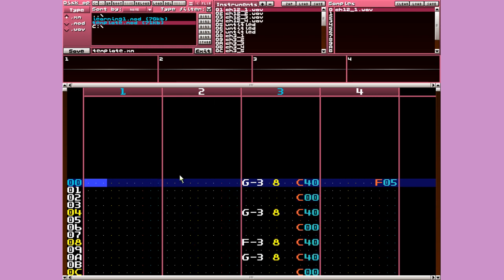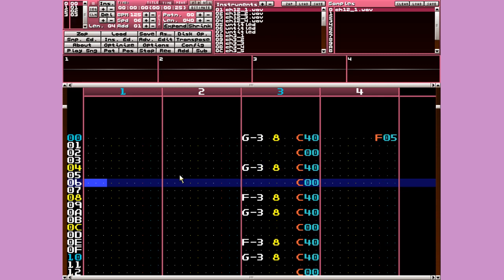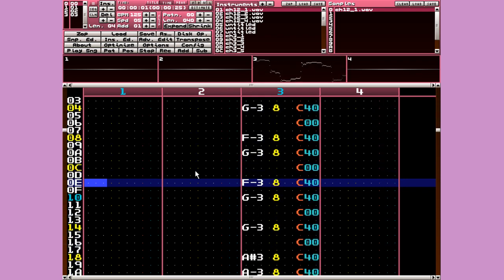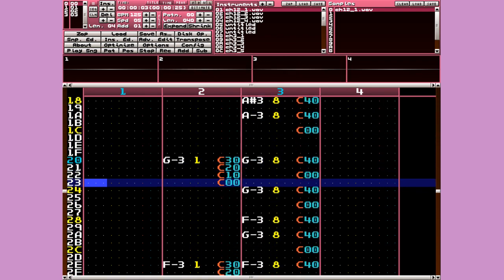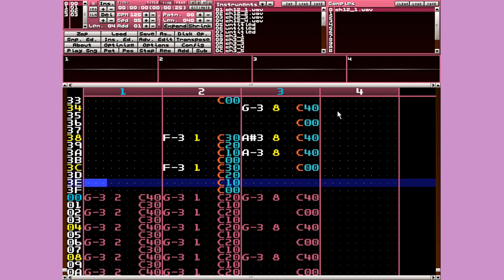Anyway, so I've got Template.mod opened up here. Forgive me if the keyboard shortcuts don't make sense. I'm using the Fast Tracker 2 shortcuts. But you're probably familiar with this if you've ever opened up a new project. Anyway, so that's our song,